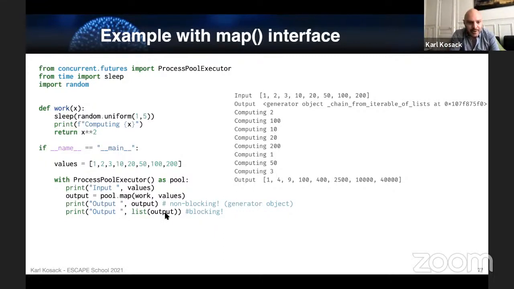But then when I turn the output back into a list, so this is a generator actually, I don't remember if that was covered in previous talks. It gets very complicated, but Python generators are lazily evaluated. So you have to turn them into a list to explicitly show them as a list. And when you do that, the act of turning it into a list blocks and waits until all the values are there, and it puts them back into the proper order. So this is how you could execute this function in parallel on many machines or many cores.